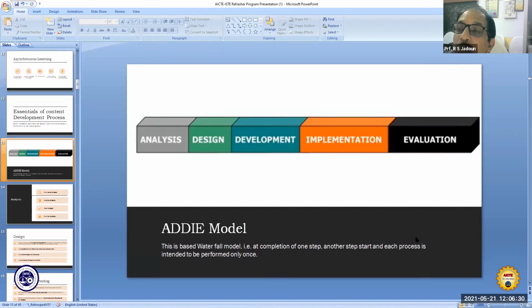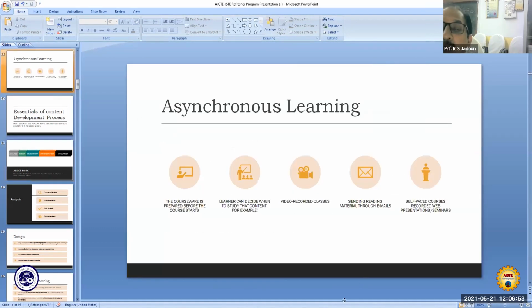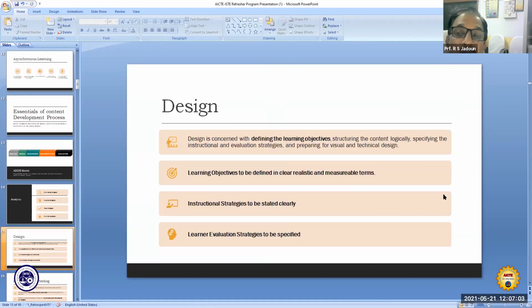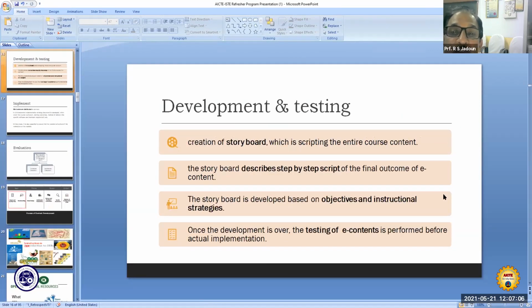Then we have to design our content, what learners are requiring, and then as per the need of the learner, development will take place, and finally the content is delivered, and then it is a continuous process to keep evaluating the content. So the ADDIE model is a very, very popular model for the content development process.